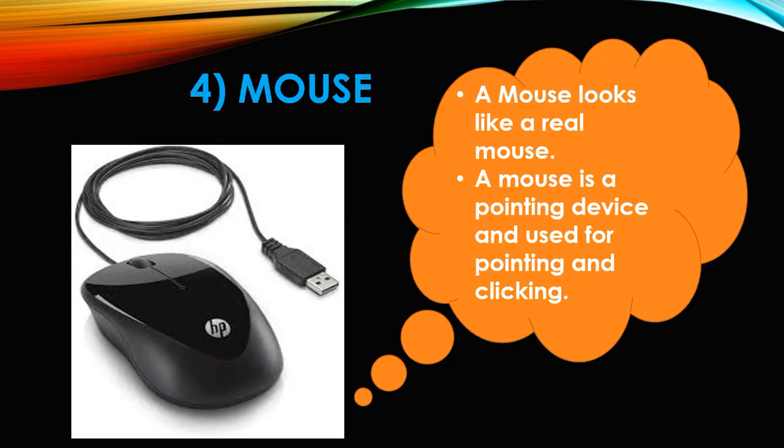And this is a mouse. A mouse has 2 or 3 buttons on it. It is used to point, move and select any item on the computer. Mouse also helps us to draw picture and play games. Children, I hope that you have understood what I taught you today. Now let us see a video to get more information.